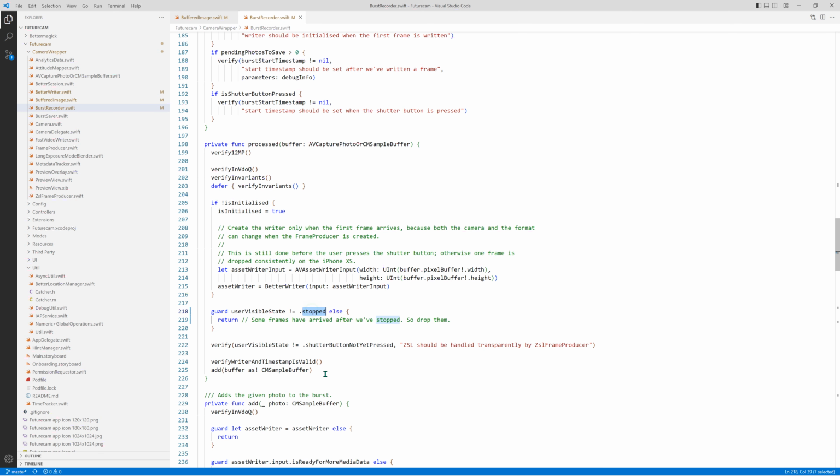It should not be in the stopped state for you to run this code. So the way you should read this is the condition that guards the code below. So before you add a buffer, you should not be in the stopped state. That's how you should read it. It's kind of split, but